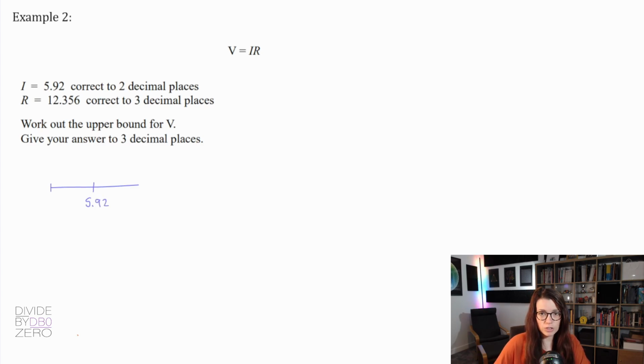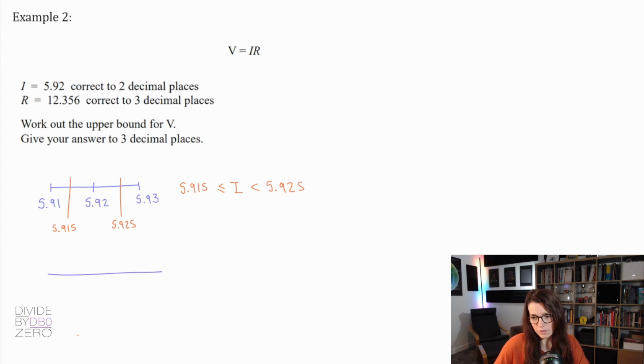Now that's been rounded to 2 decimal places, so either side we're going to have 5.91 and 5.93. Split down the middle to find the bounds: 5.915, 5.925. And then if you want, you could also write that as an inequality or an error interval with the variable in the middle, and that would be 5.915, 5.925. Similar process for R now. So number line,